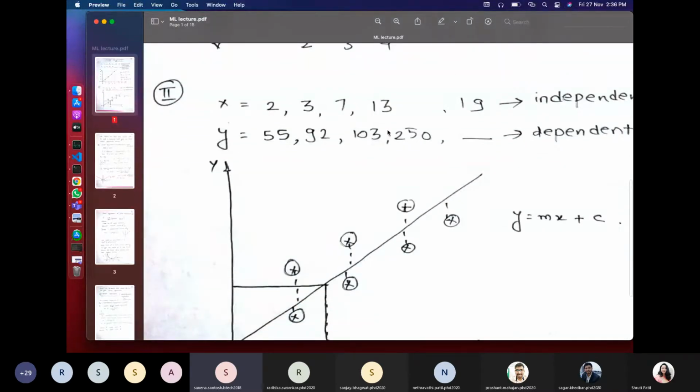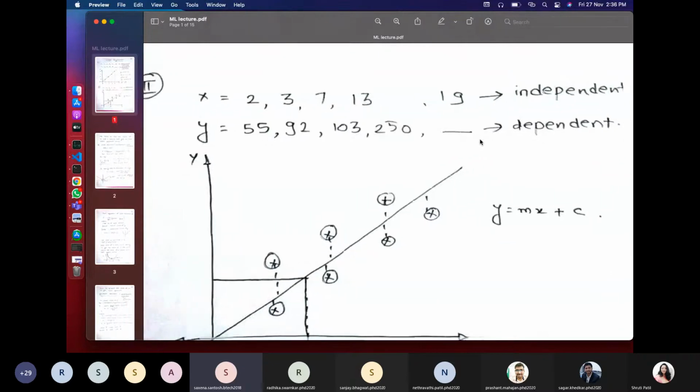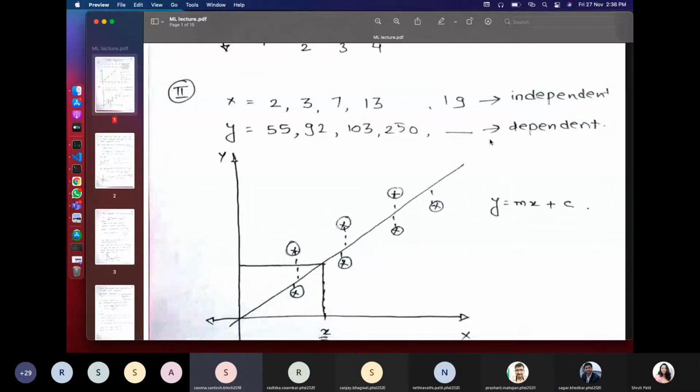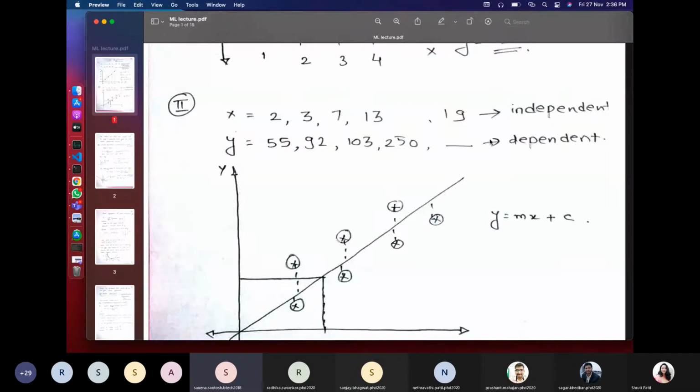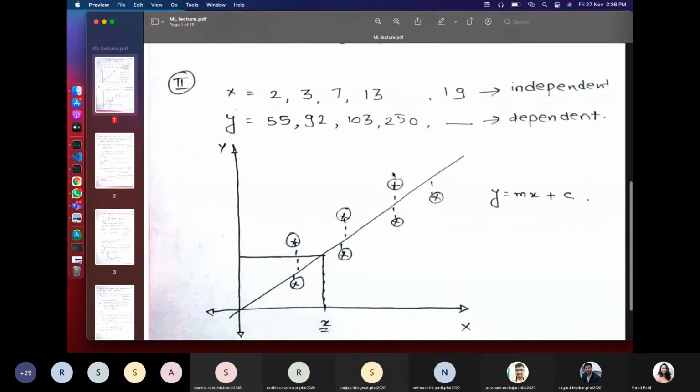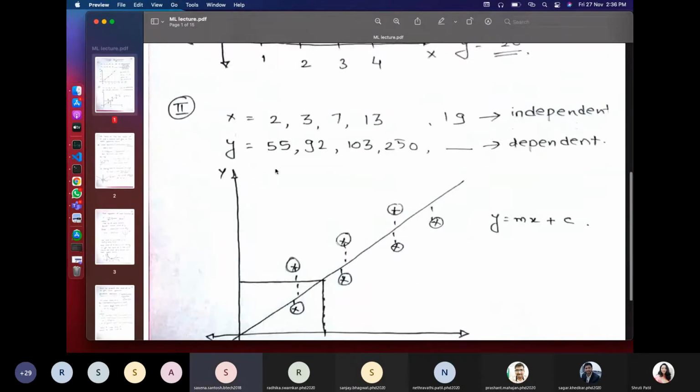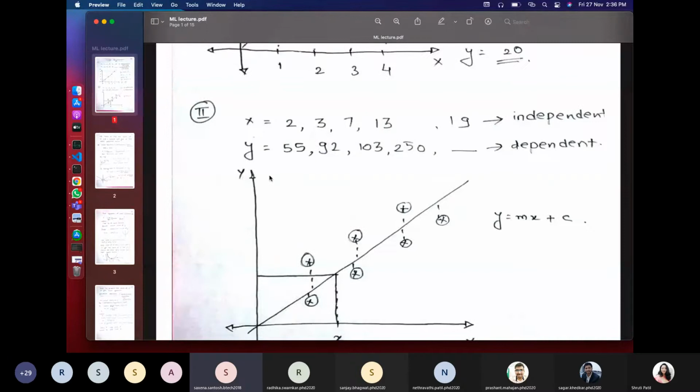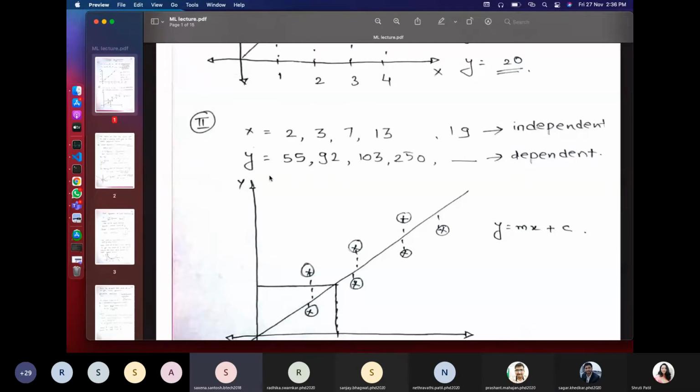So can someone tell me the answer to this? Because it's a little bit complex one and our brain does not have that much capability to calculate. Can anyone? Okay, so at the end we will be able to give this logic to the machine so that we will be able to find this answer.